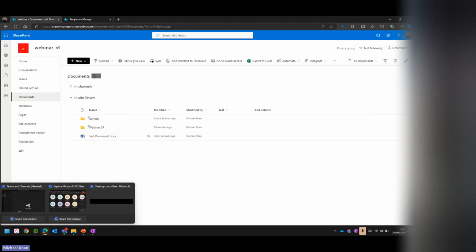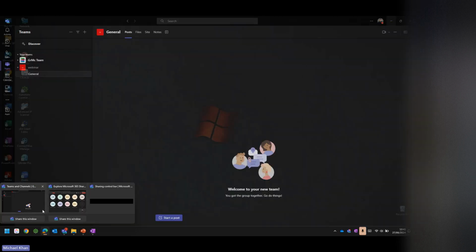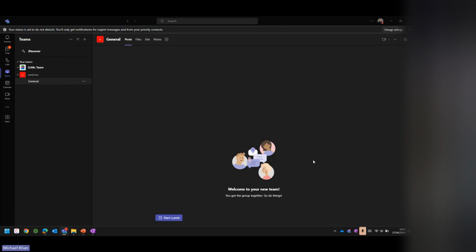Going to quickly run through Teams. I'm aware that I've probably spoken quite a bit here, but I'm going to run through Teams quickly just to show you how it interacts with Teams SharePoint. And then I'll quickly cover off some of the SharePoint storage limits, and then I'll open it up for some questions. So with Teams,